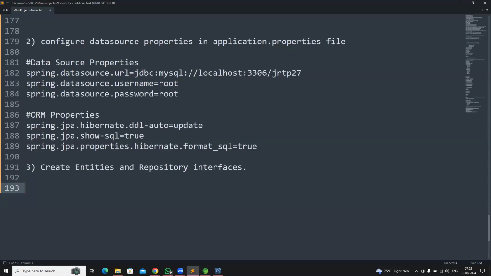Once it is done, then create DTO classes. Okay, create DTO, or we can say model, whatever it is. These DTO are model classes. Create DTO or model classes. Now, in order to do this one,